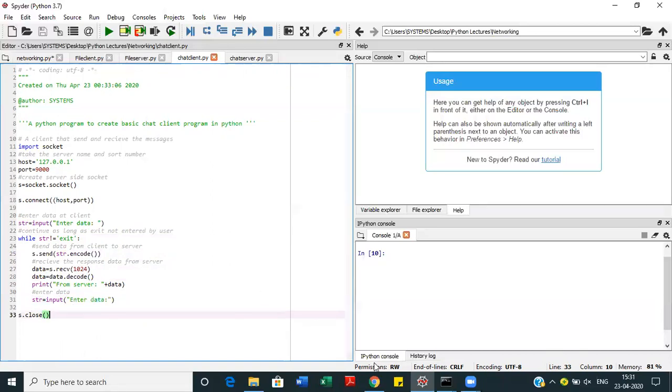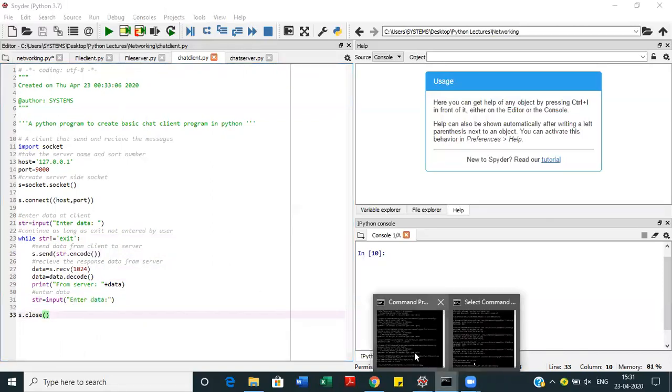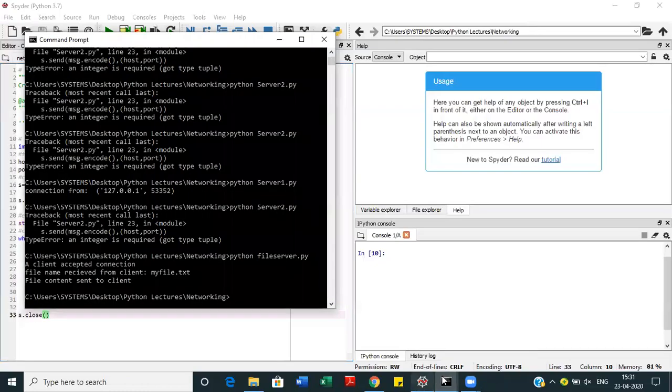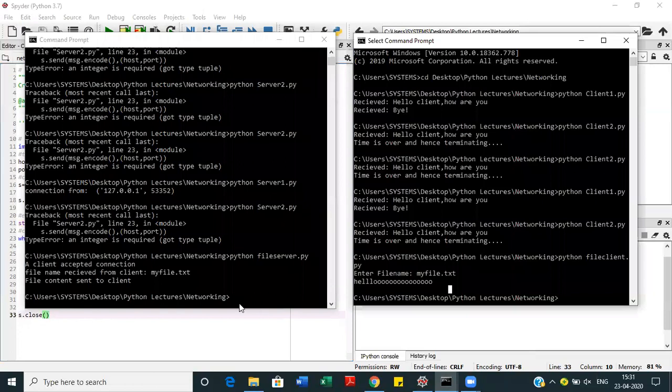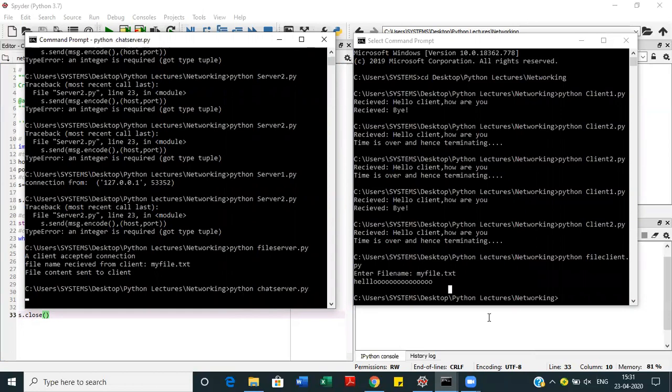Let's see the execution. The name of the program is chat client and chat server. So here, python chat client.py.